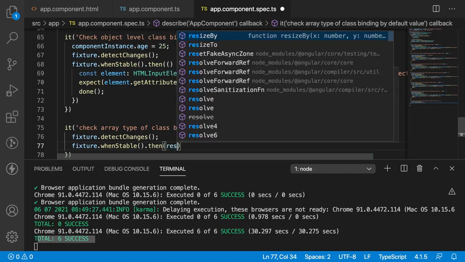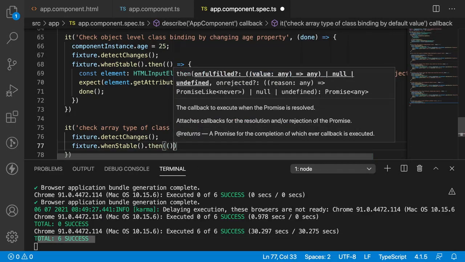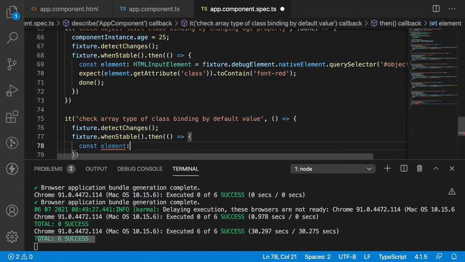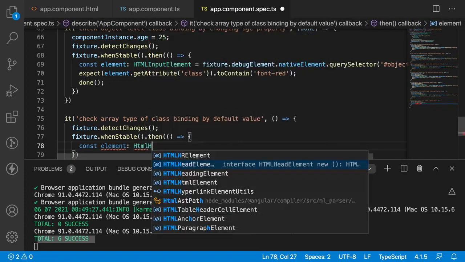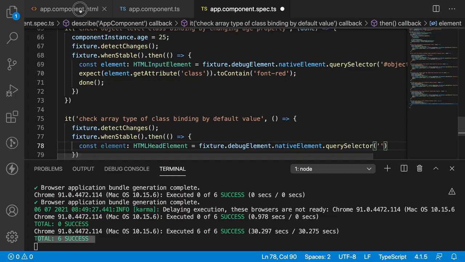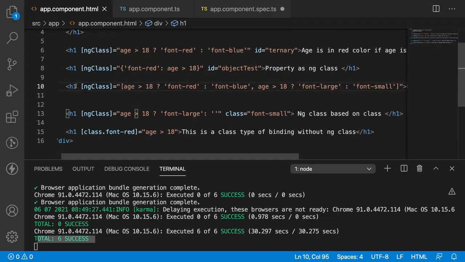Inside the promise, let me use a callback, and inside the callback, let me get an element which is of heading element again. So HTMLHeadElement equal to fixture.debugElement.nativeElement.querySelector of what is my ID. Let me create that ID for this h1. ID is equal to array format.